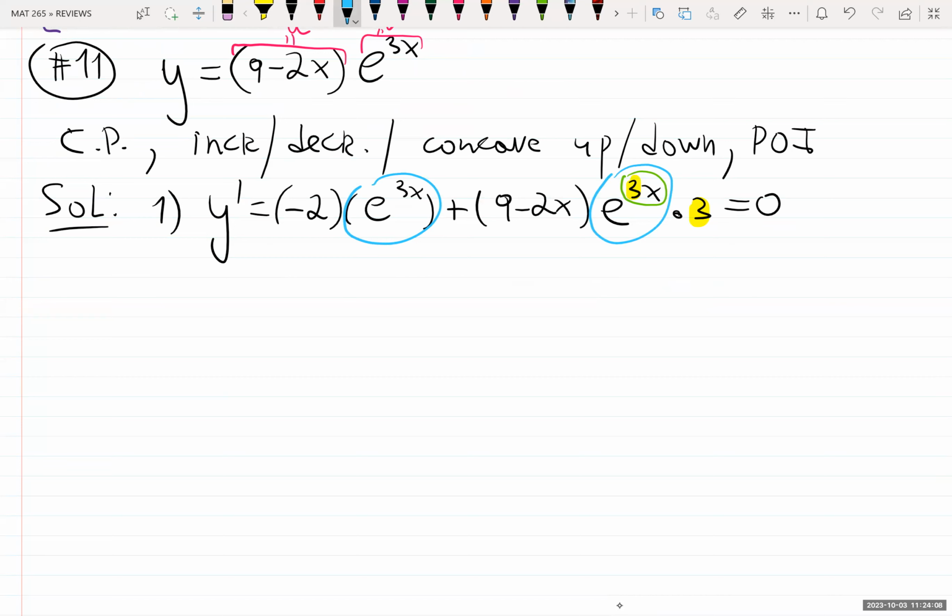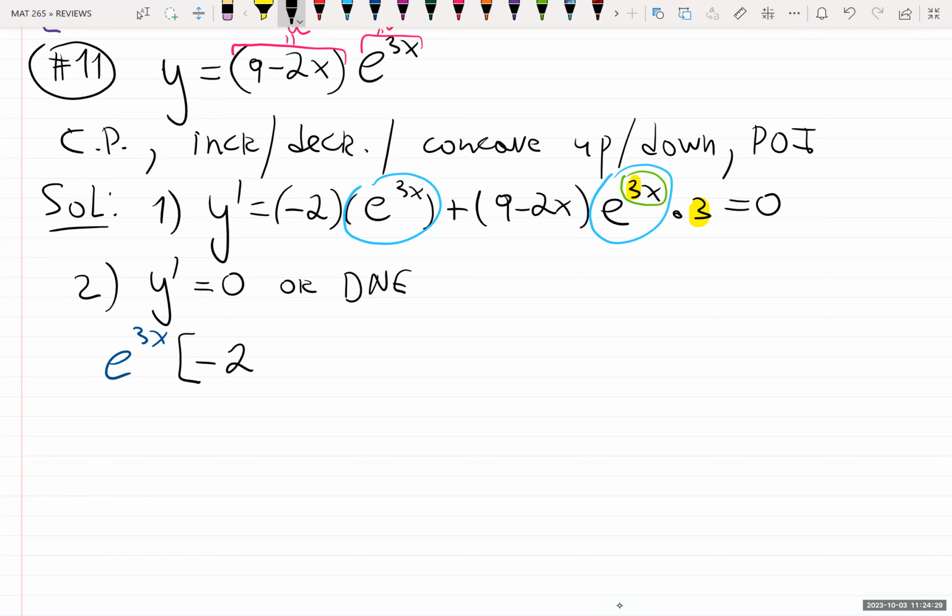The goal for step 2 is y prime equals 0 or DNE. It will not be DNE here, because the exponential is continuous and all those little polynomials are fine too, so it exists everywhere. e to the 3x times (minus 2 plus, let's distribute quickly, 3 times 9, 27, minus 6x)